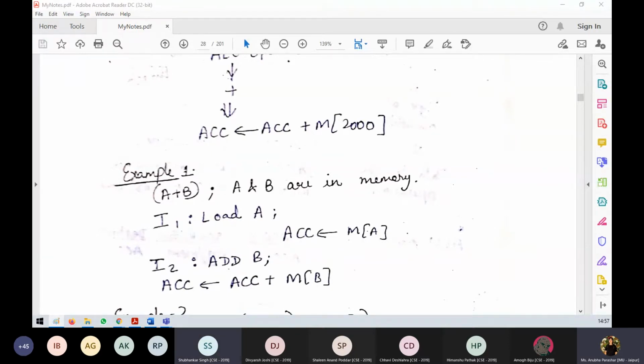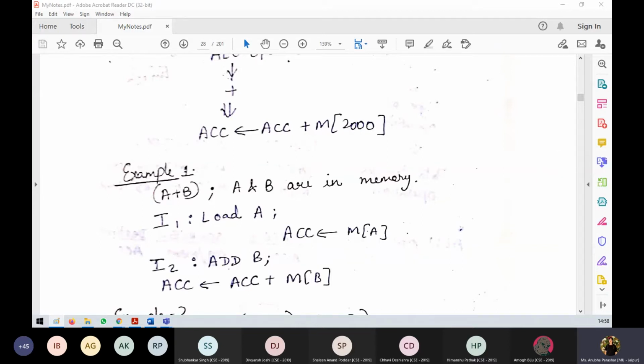Ma'am, if A and B are supposedly in a register somewhere, then how would the load instruction differ? No, then we'll not write load, then we'll give the register value itself. Why? Because registers we can directly fetch from register. That is why we say registers are even faster. Because they don't need to be loaded. We can directly take the value. So here, suppose it is in A and B, we would have written add A comma B. Although we cannot write A comma B because some value has to be stored in. So at that time value of B will be stored in A after adding.